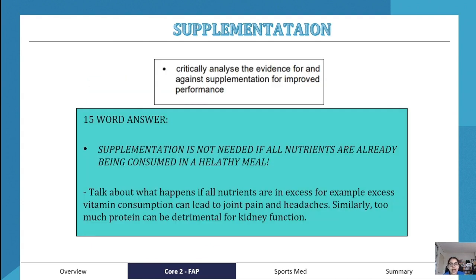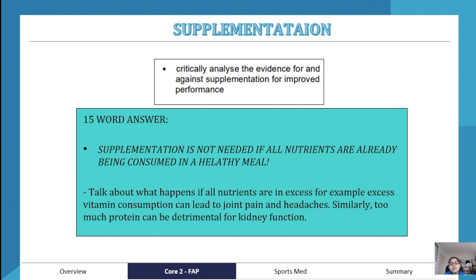Now, supplementation. I will just give you a very quick summary on this. Obviously know what the different types of vitamins and proteins and creatine supplements are being used for. But the left-hand side is really important in the syllabus, and that is asking us to critically analyze the evidence for and against supplementation for improved performance. My 15-word answer is that supplementation is not needed if all your nutrients are already being consumed in a healthy meal. That is the answer here. You don't need to have supplements if your meal is already catering to the right amount of vitamins and proteins